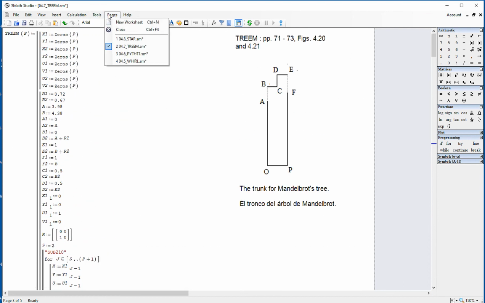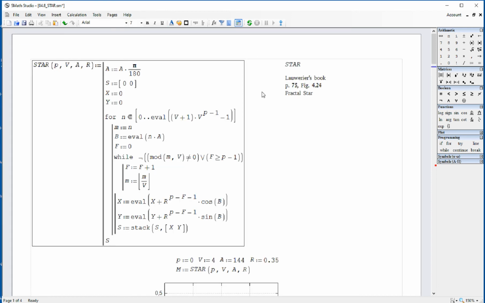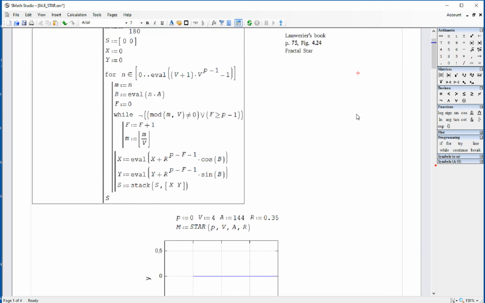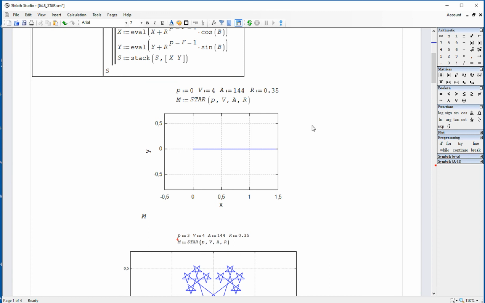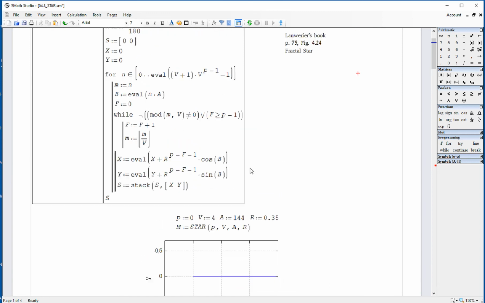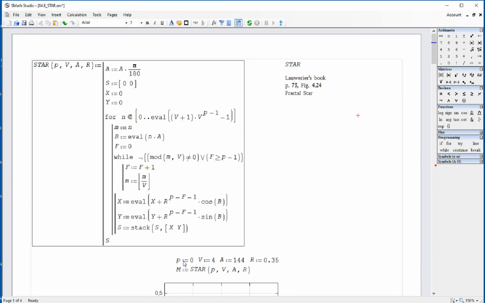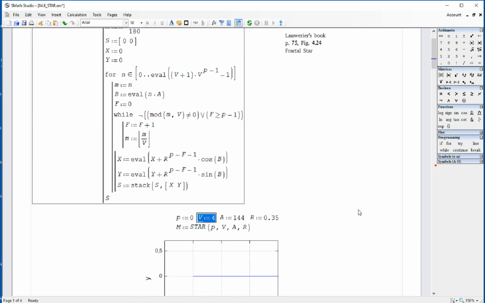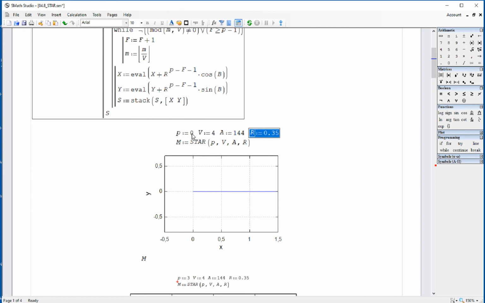And the final example I wanted to show you is a fractal star. This is in Lauder's book, page 75, figure 424. And this one has 4 parameters. The level of the fractal, the number of vertices of the basic structure that we're going to use, an angle, and a radial distance. For p equals 0, we have nothing basically. For p equals 1, then we get a 5-star,